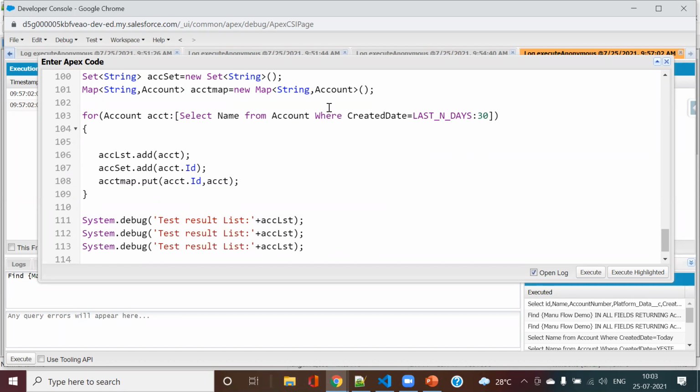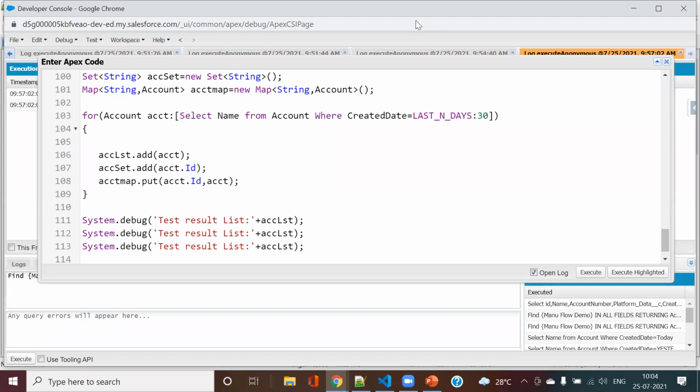And always, whenever you are writing a query in Salesforce, always try to have some sort of a clause or some limit there. Because in Salesforce, whenever you are writing a synchronous query, you cannot query more than 50,000 records based upon Salesforce governor limits.